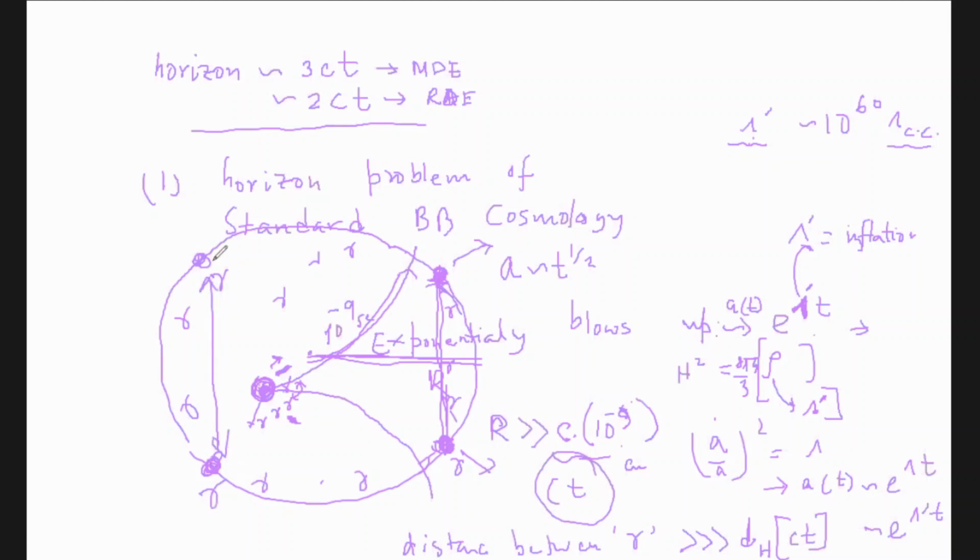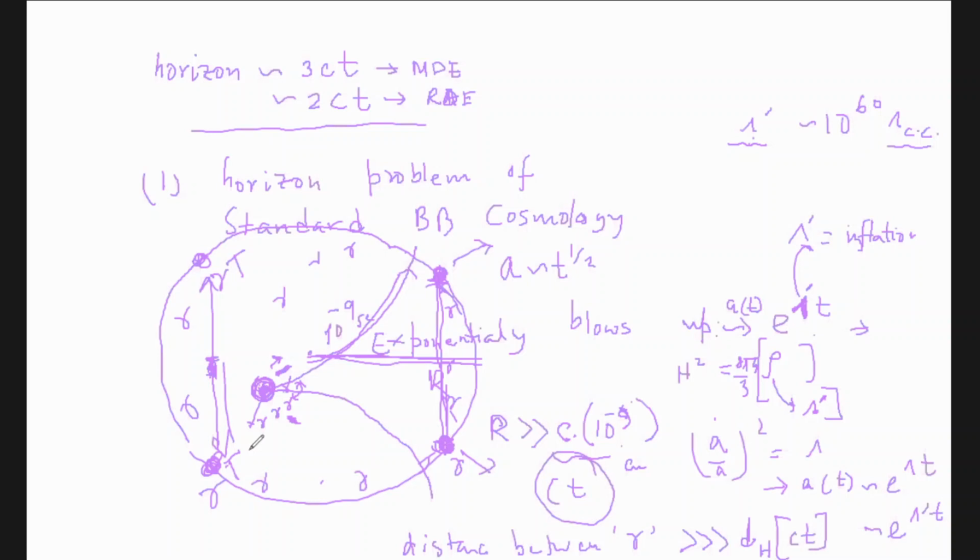How come they can travel a much bigger distance, 10 to the power 30 times bigger than CT? Because that breaks the special theory of relativity. If this has temperature T and this has temperature T, that means they have been in causal contact. But if you don't know about inflation, you will ask how they can travel so much distance, because the universe has no time, only 10 to the power minus 9 second. So a photon can travel only a tiny distance, say this much, but it has traveled this much. Why travel? Because unless you travel, how can you communicate the temperature or anything? So is it getting clear now?